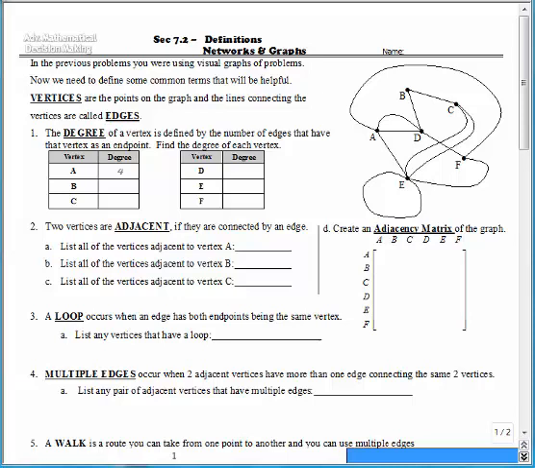The first section was to get you introduced to graphs and the idea of how they're used. In this section we're going to go through and define a lot of common terms for graphs. So this is an example of a graph, and the first thing we're going to do is define vertices. Vertices are the points, and any of the lines connecting points are referred to as